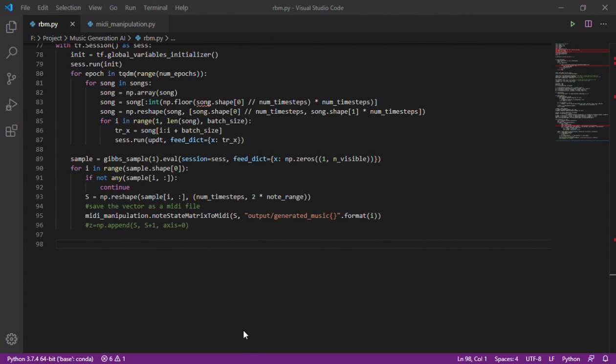Now we will see what output we got. So we have got this music as the output, using the data that we provided, and our neural network generated new music. So isn't that amazing, guys?